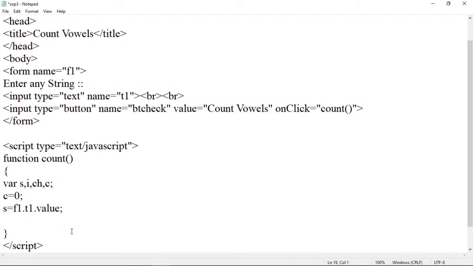Now we have to use a for loop. So let us write a for loop. For, we have declared the i variable for iteration purpose. So let us declare i is equal to 0. i is less than or equal to s dot length. After that i plus plus. See here